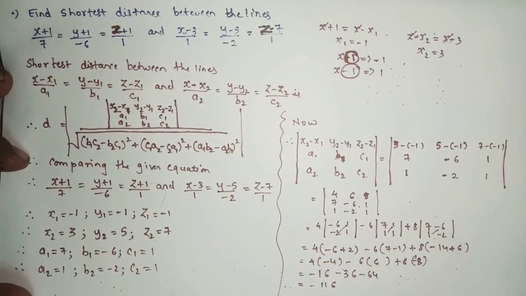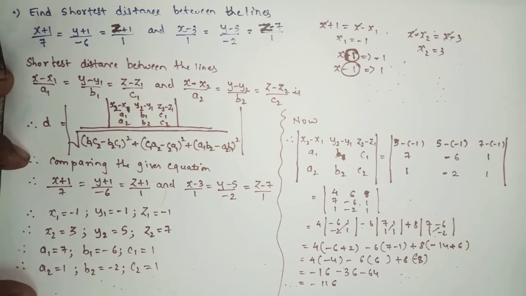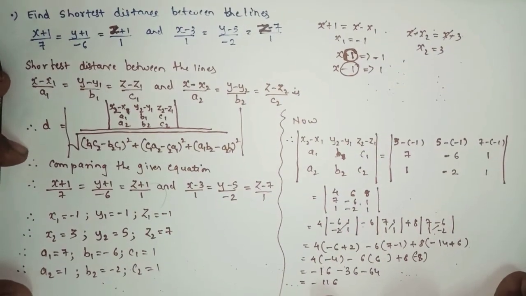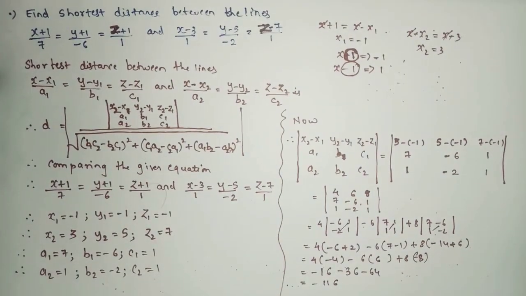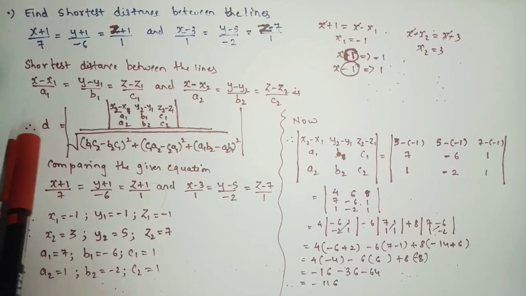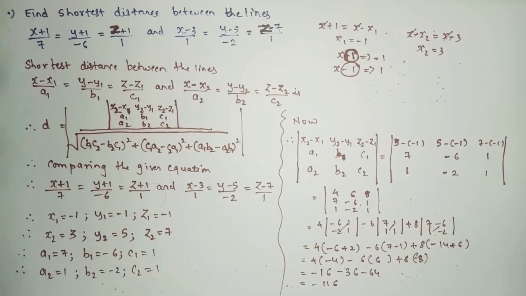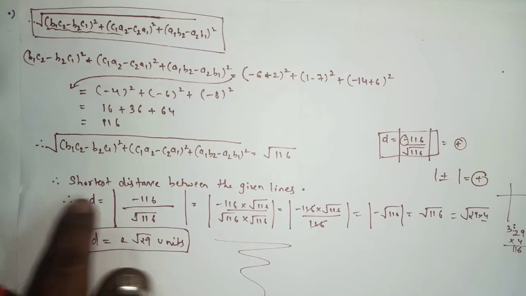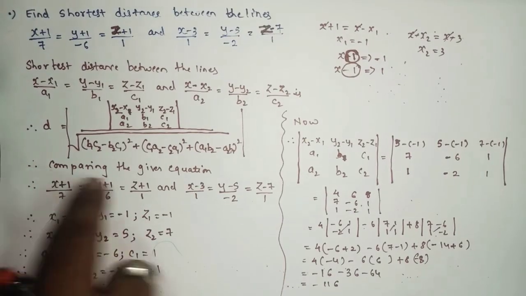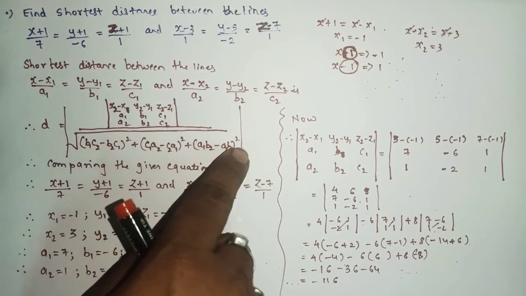I hope you all understood the previous sum also, which we had done in the last lecture, how to find the shortest distance between the two vector equations. So once again we'll have a short revision of this sum. So first you will compare the equation, then you will write the formula. If you want to show the formula inside the mod, you can. Otherwise, directly in the last step, you just write shortest distance between the two given equations, then substitute the values inside the mod. I hope you all understood why I wrote this formula inside the mod.